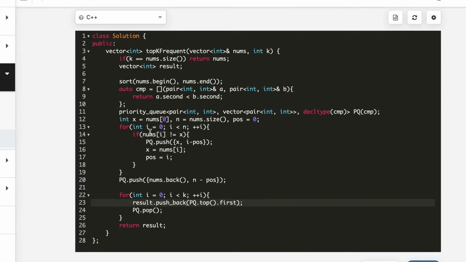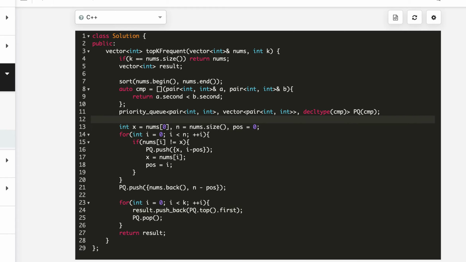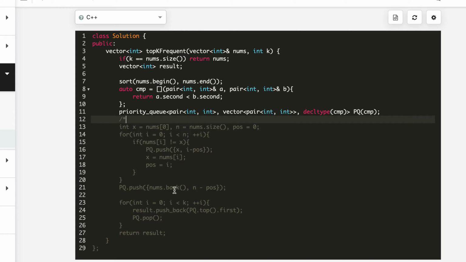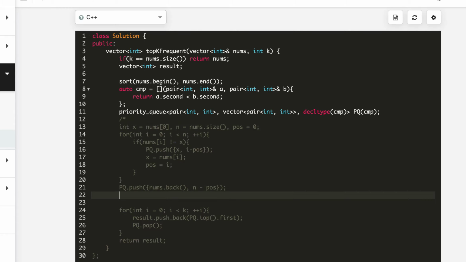Now what we will do, we will use our map. So let's comment this part. And add a map here, and we will not be sorting it.